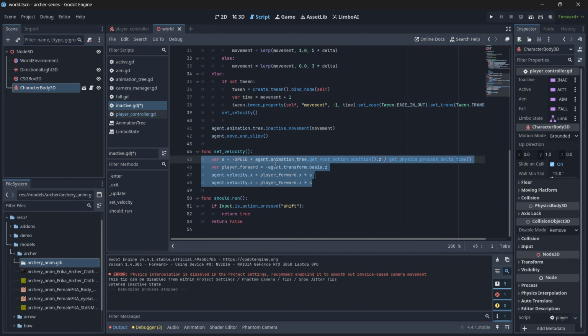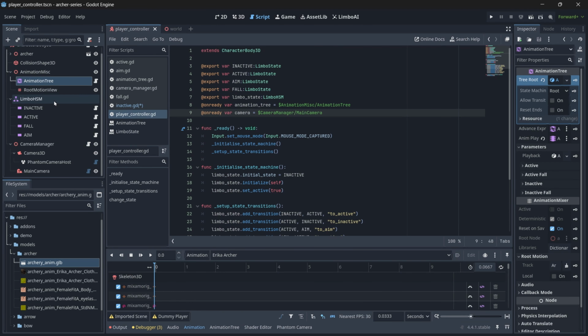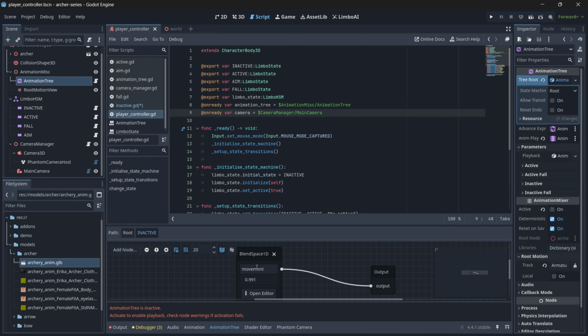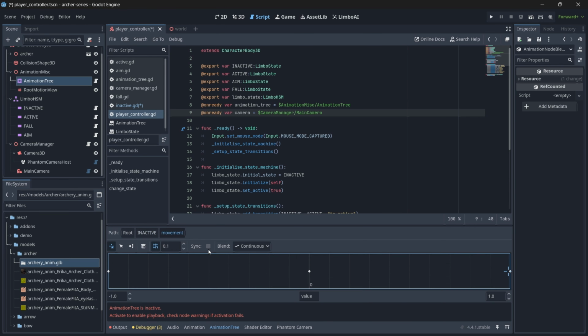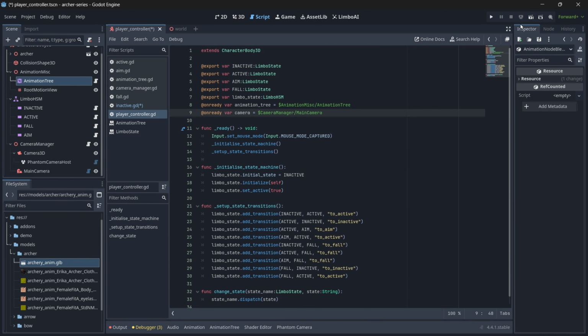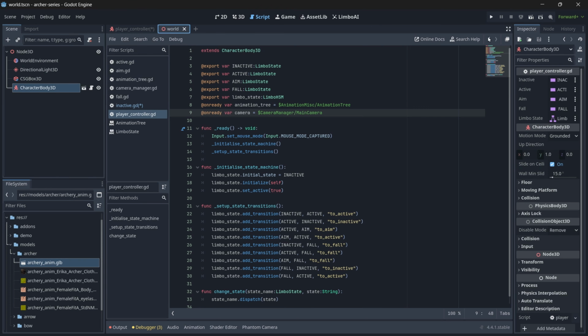And then to fix the leg glitch, let's go to animation tree, and in this blend space 1D we need to turn on this sync. This is very crucial to make a smoother blend movement. Now let's try again,